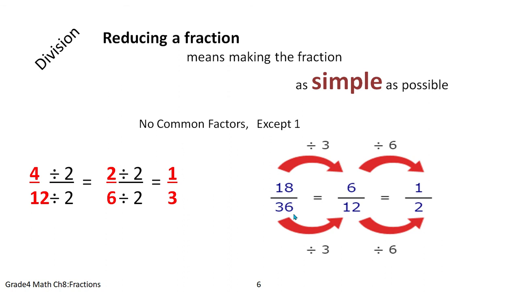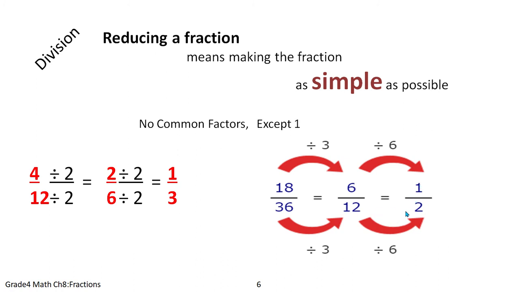18 by 36. I have divided by 3, having found that 3 is a common factor. Okay, now you can tell, ma'am, we can take 2 also. Yes, you can take 2. Now I got 6 by 12. Then again I have to take a common factor. You can say, ma'am, you can take 2 or 3. Yes, you can, but I have taken 6 here. I divided 6 by 6 and got 1, 12 by 6 and got 2. So it's 1 by 2.